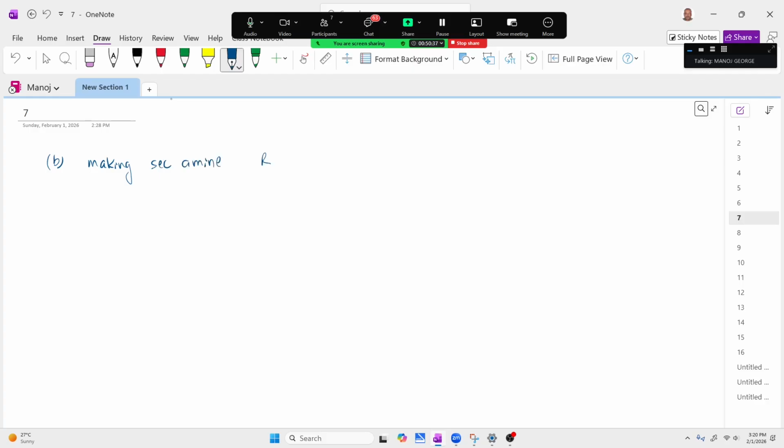A secondary amine, I need to see R, I need to see NH, and this one. R can be same or different, that's okay. Okay, so let's have a look at an example. To make a secondary amine is by the reaction of a halogen alkane